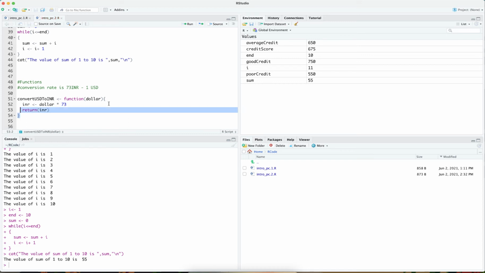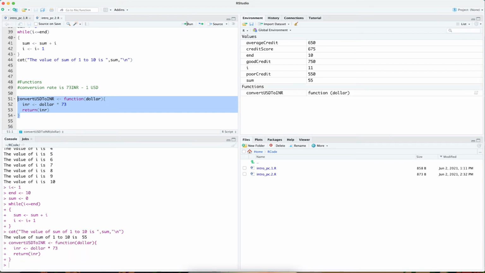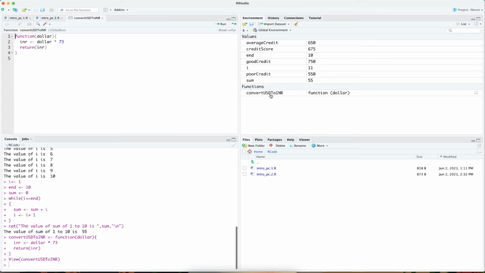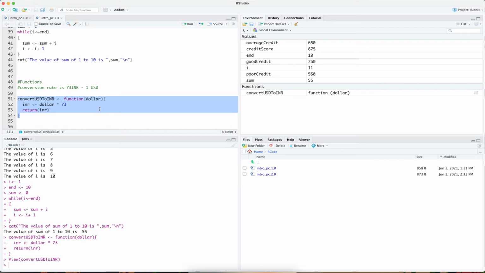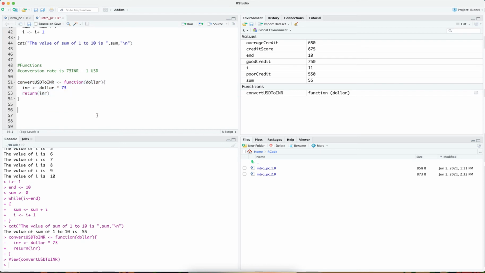To use this function, one needs to first execute the function statement, these function lines. I'm going to click on run. And we see now we have a function that's present over here, right? Convert USD to INR. To invoke this function, to use this function, what I'm going to do is